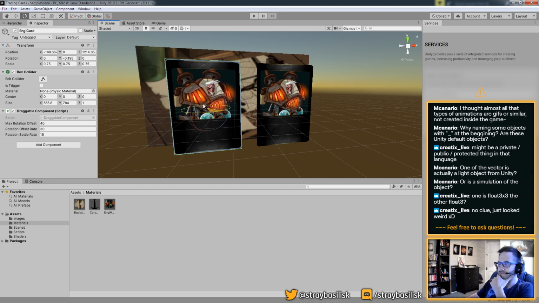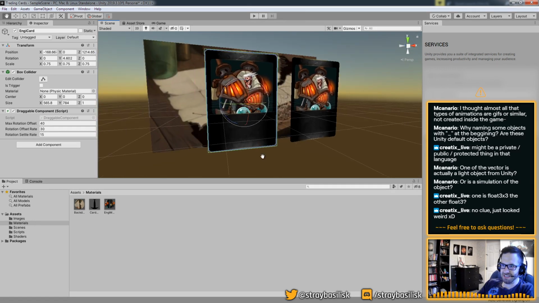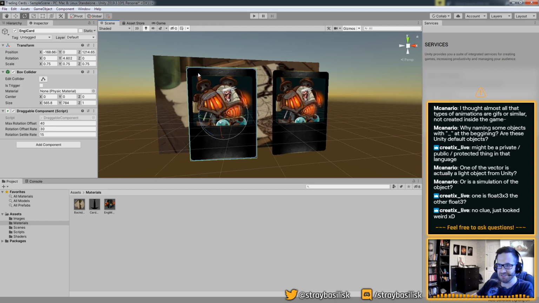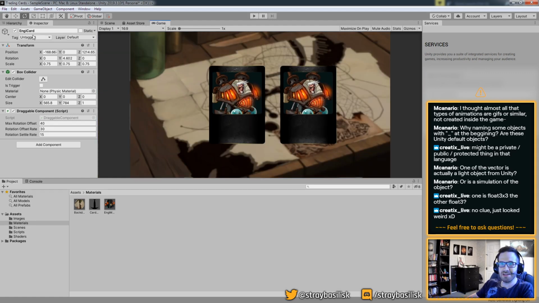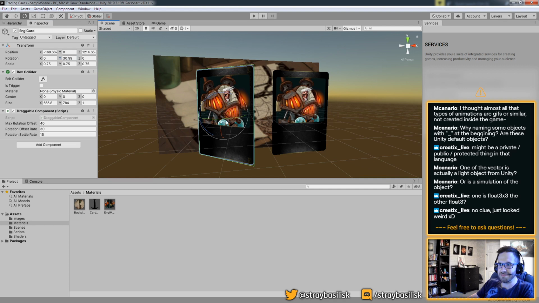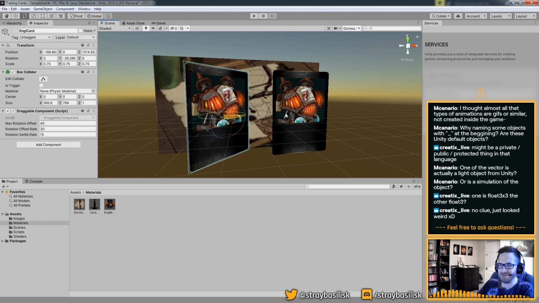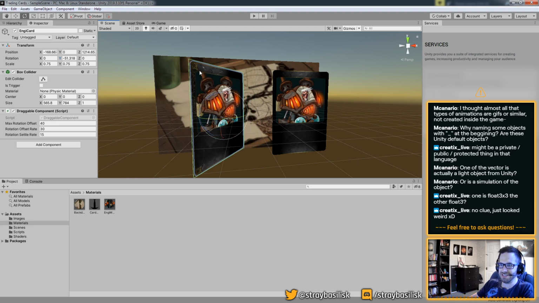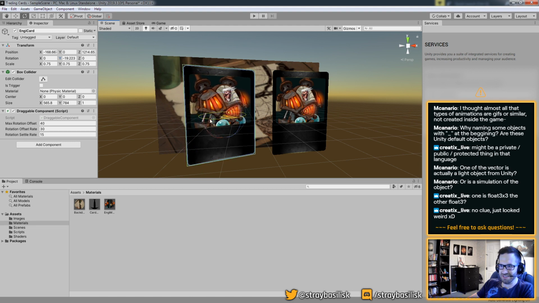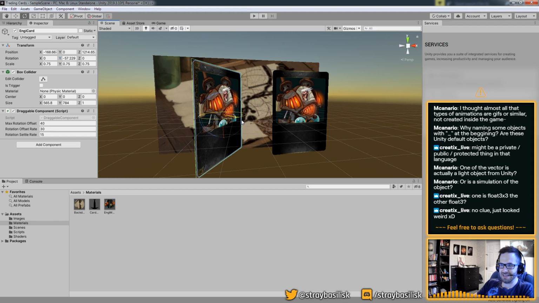So rather than hitting direct, even though this card's flat, it's as if it's curved, right? Because if the light's coming directly from our camera now, and I rotate this thing, actually let me go back to this view. Yeah, you see that only the middle band is lit, but as I rotate it this way, the light then begins to catch this side. So it's as if it's pretty curved, because this thing is fully lit like here, so it's almost like a